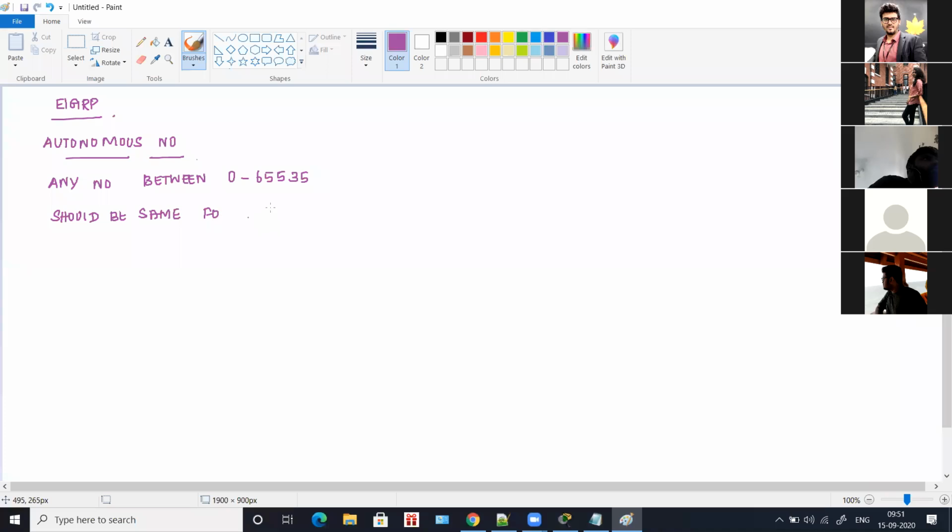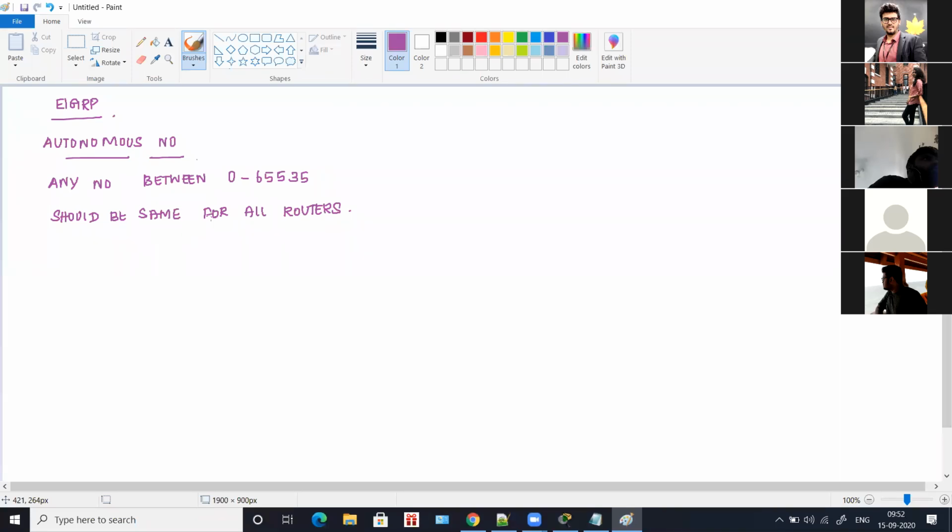So there is an autonomous number for EIGRP. To configure EIGRP, you have to concentrate on the autonomous number, which is any number between 0 and 65,535, and it should be the same for all routers.